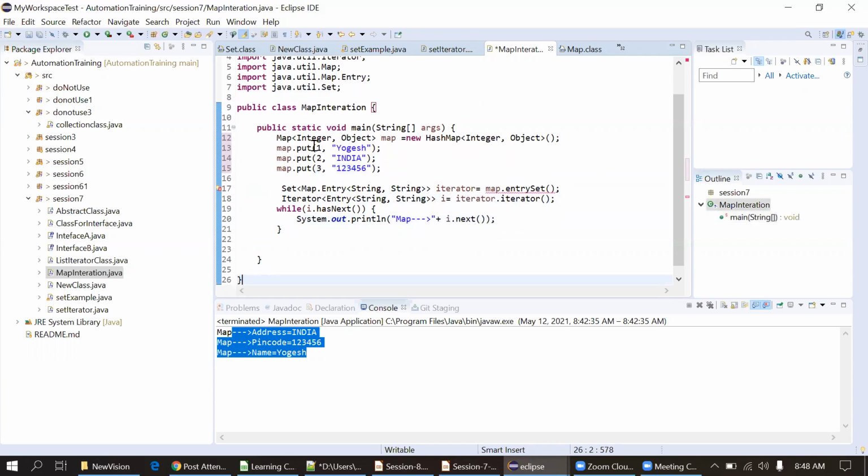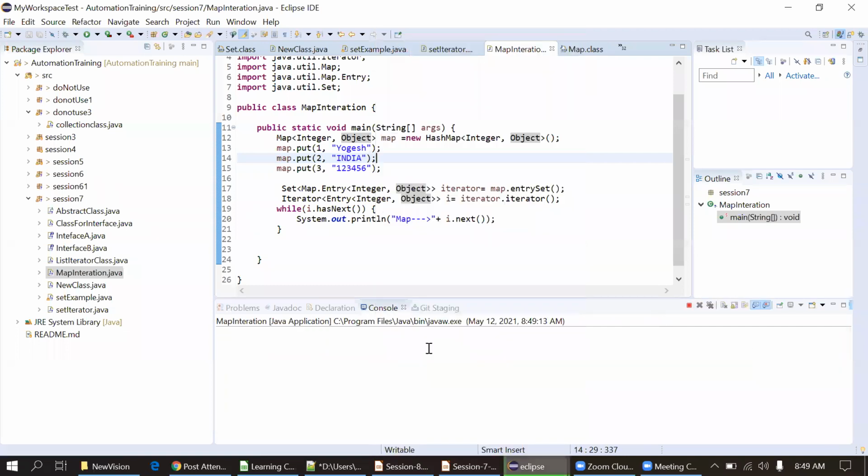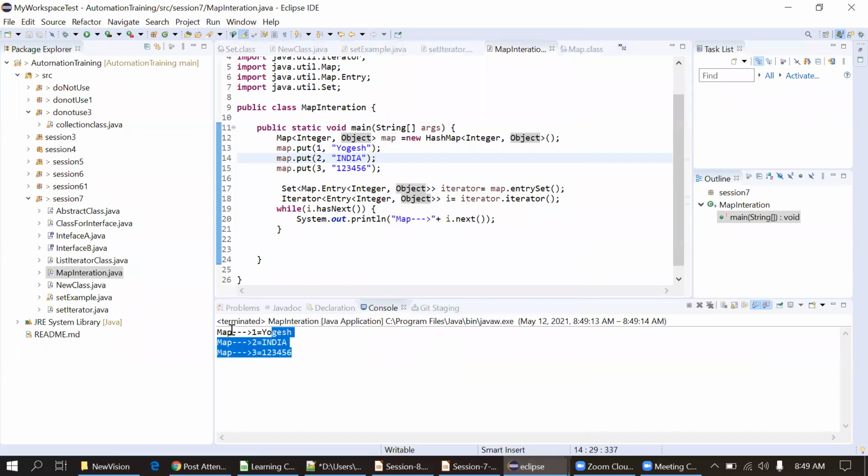Here also we have to pass the same thing again, and here as well. Okay, perfect. I'm executing this program now. We're getting the output.